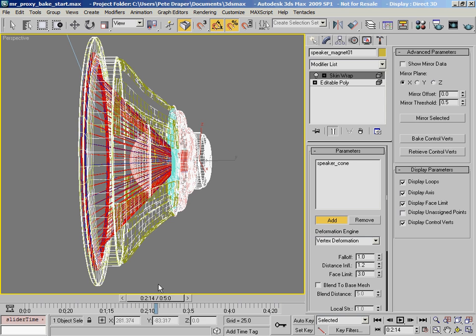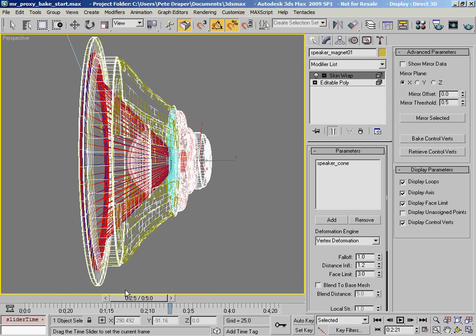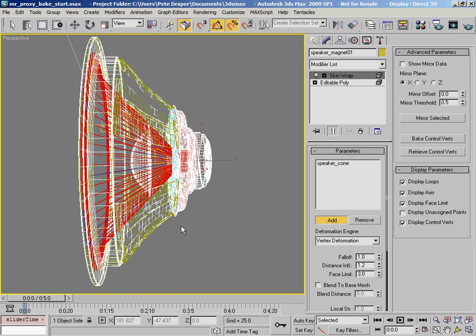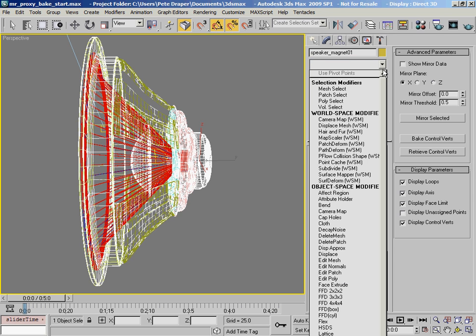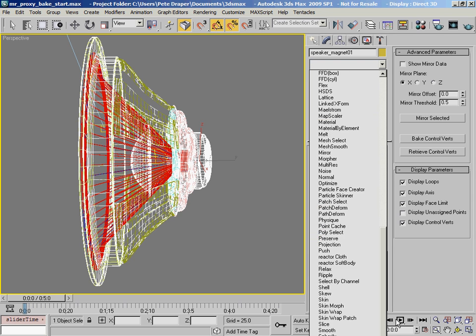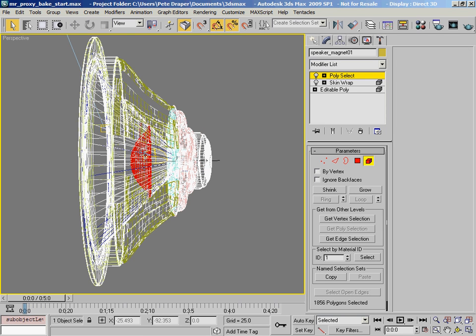Notice this white area here is not shifting at all. So obviously we need to go through and apply the same kind of procedure to that. That's a simple case of just putting in a poly select. Let's grab that. Now we just need to make sure we're all the way back at frame 0 again, and choosing the element, and then choosing the relevant element within the object even, and the same deal as before,